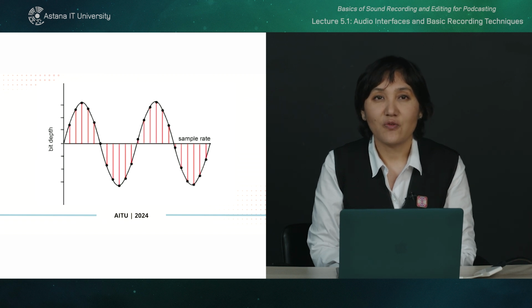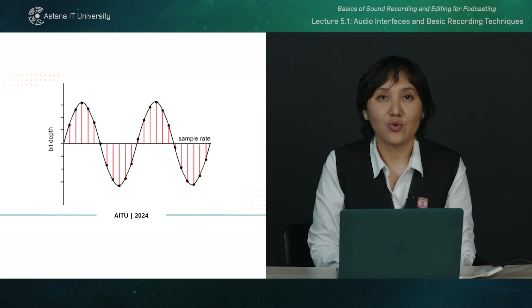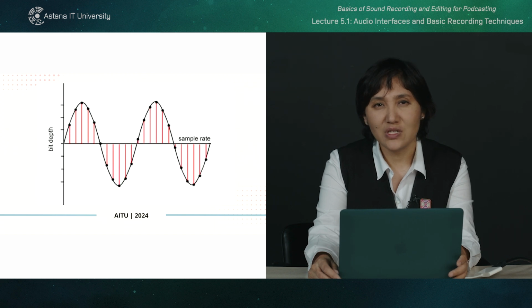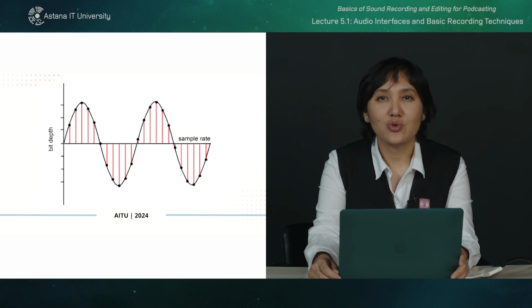Bit depth refers to the number of bits used to represent each audio sample in digital audio recording. It determines the dynamic range of the audio, meaning the difference between the quietest and loudest part of the sound. Common bit depths include 16-bit used for CDs and 24-bit used in professional audio recording. A higher bit depth allows for more detailed and accurate sound reproduction, capturing more subtle nuances and reducing noise in